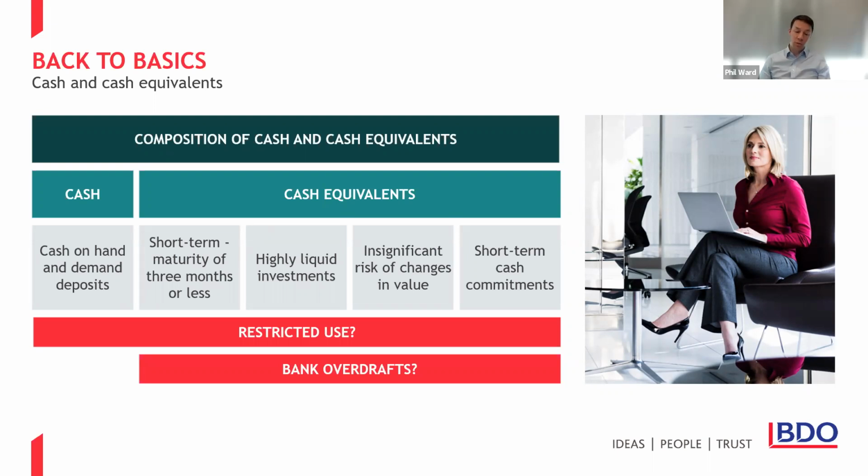A further point worth mentioning is the fact that the definition of cash and cash equivalents makes no reference to the inclusion of bank borrowings. Bank borrowings are usually considered to be financing cash flows. However, UK GAAP does acknowledge that bank overdrafts, repayable on demand, might form an integral part of an entity's cash management, in which case they can be included in your cash and cash equivalents. For it to be included as such, a characteristic of such an overdraft would be that the bank balance regularly fluctuates between credit and debit.